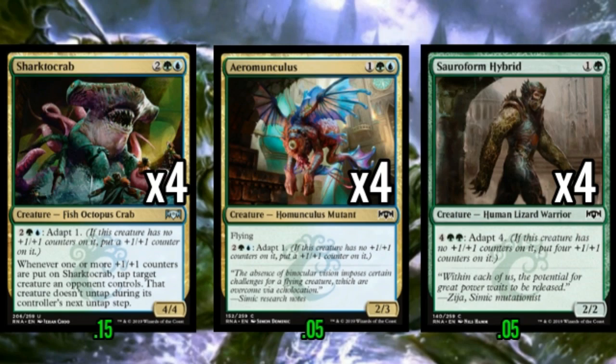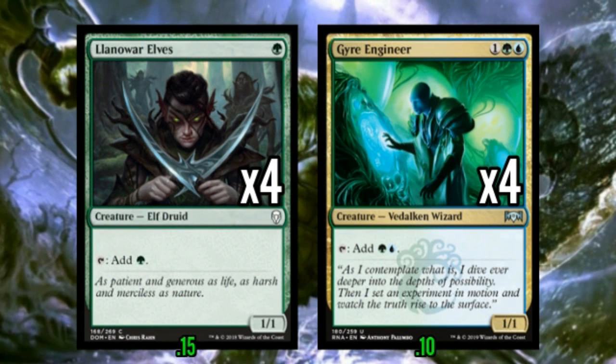So there's a lot to like about Shark to Crab. Aside from that, we've also got a ramp package in this deck. We get to play Lawnmower Elves here too because we should, and 4 copies of Gyre Engineer. There wasn't a whole lot of action at the 3-drop slot that I wanted to play that I really had budget access to. I'm not saying that you wouldn't play something like maybe Hadana's Climb or any number of other 3-drops in the slot if you had the dough to do so, but when restricted to $5, Gyre Engineer is